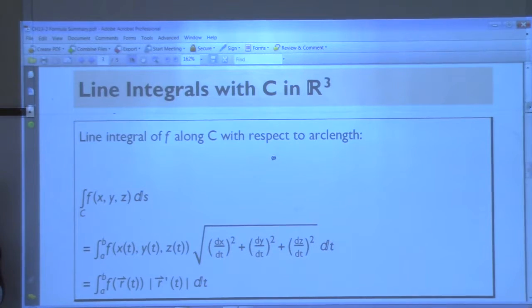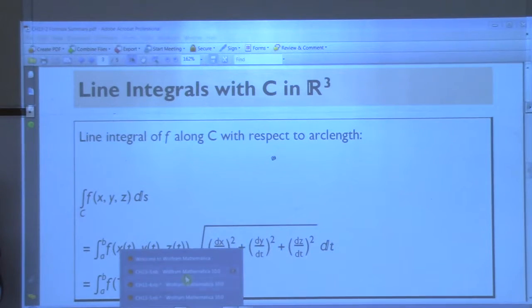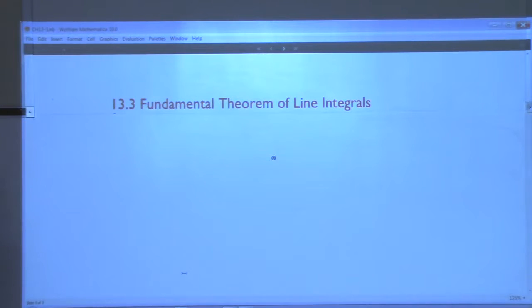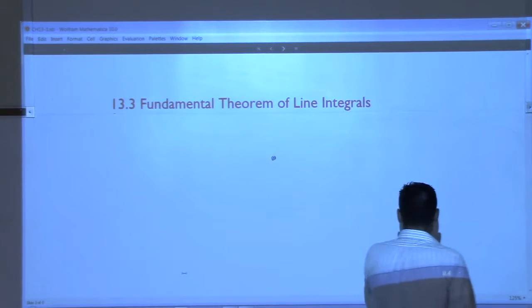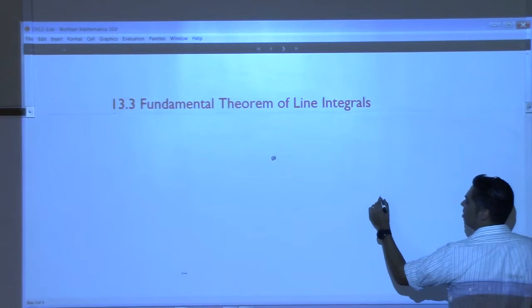All right. 13.3. The fundamental theorem of line integrals. So in Cal 2, you learn about the fundamental theorem of calculus, right? And there's a couple of versions of the fundamental theorem of calculus. But the evaluation theorem from Cal 2